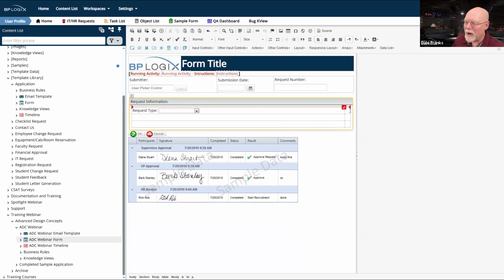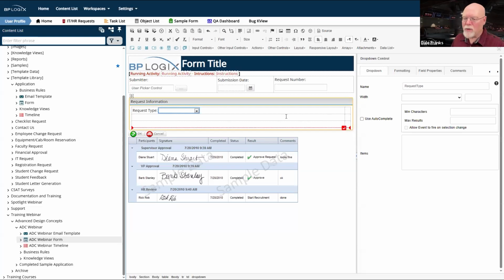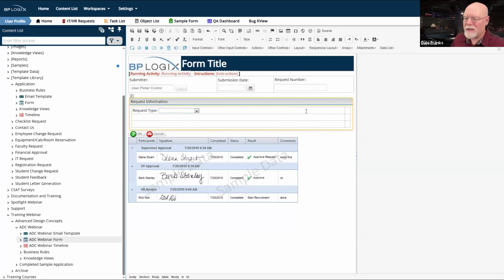We're going to have something bigger over here, which we're probably going to have to get to next week. Fine, I've got my first control on here, my drop-down control. I should say this, whenever you have a table control here and I start throwing things into this section, you're going to notice, and this is just an artifact of how CKEditor works, it's going to want to make this first column as wide as possible, and it's going to try to compress this second column more than I want it. That's fine. We can fix that.